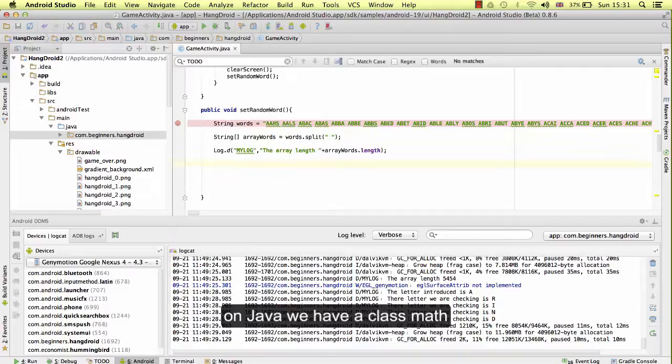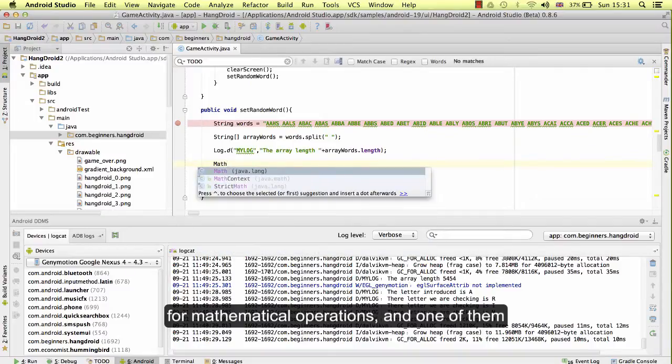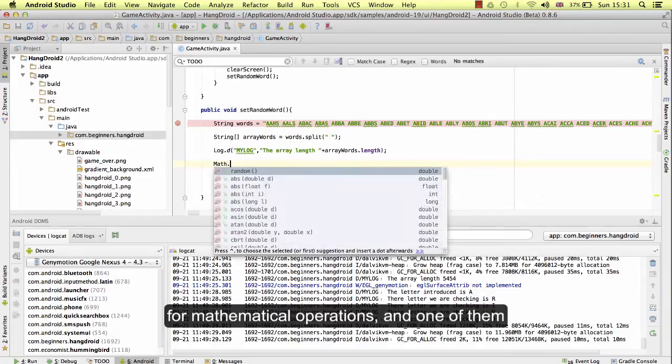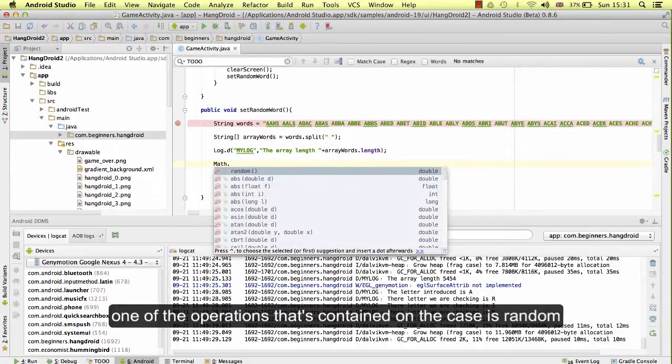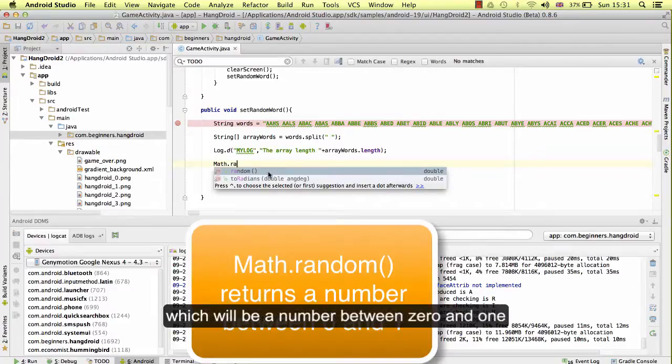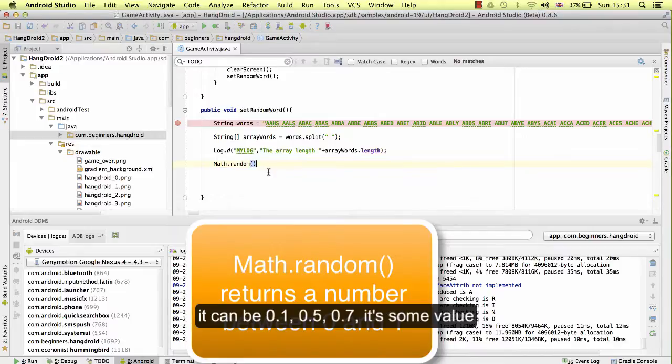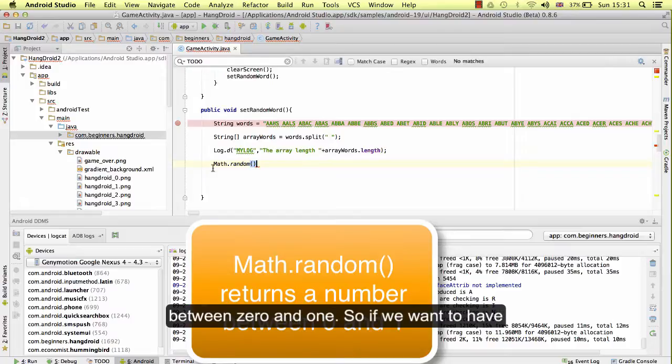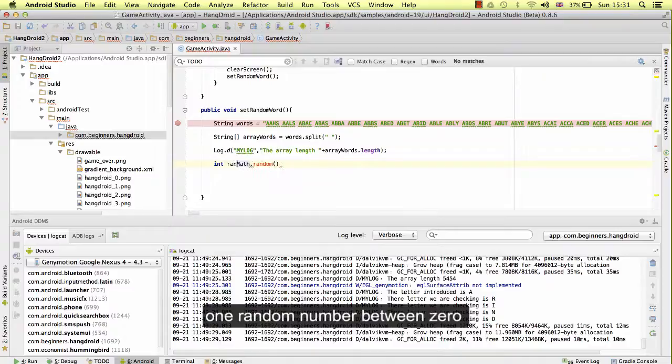In Java, we have a class Math for mathematical operations, and one of the operations contained in the class is random. So call the method random, and this will give us a double. A double is a number with decimals, which will be a number between 0 and 1. It can be 0.1, 0.5, 0.7. It's some value between 0 and 1. So if we want to have one random number between 0